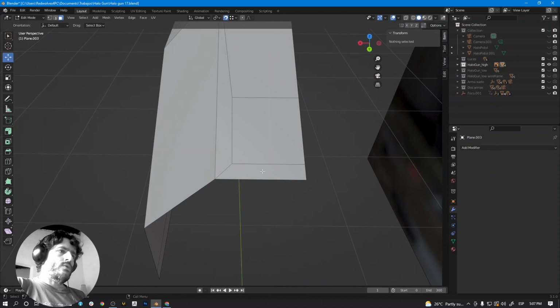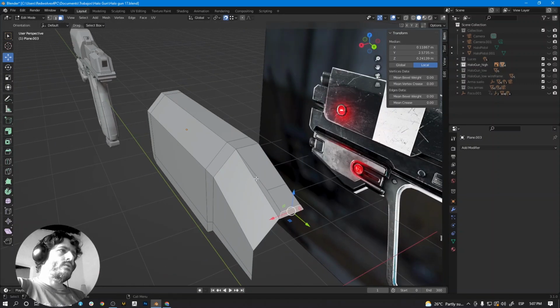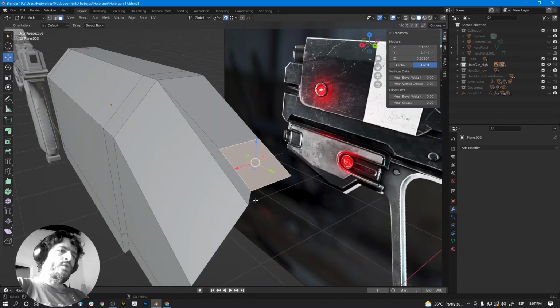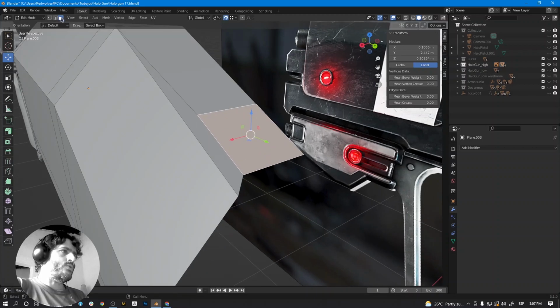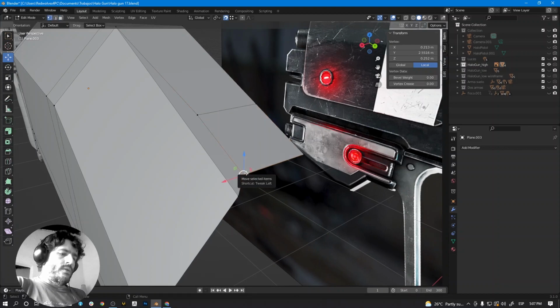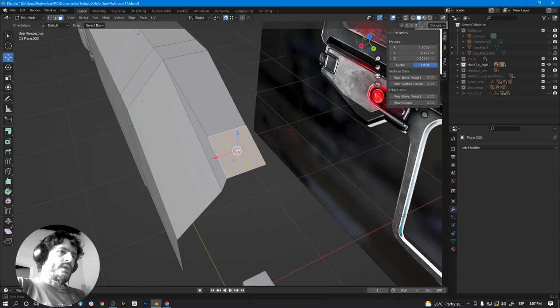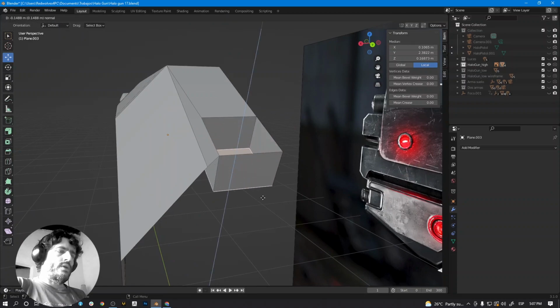I want to delete also this one. I don't remember if this goes inside or not. I really don't remember, but let me see. Okay, I'm going to leave it like that, and here you can extrude